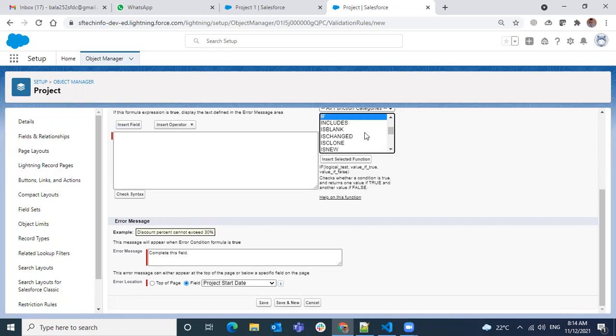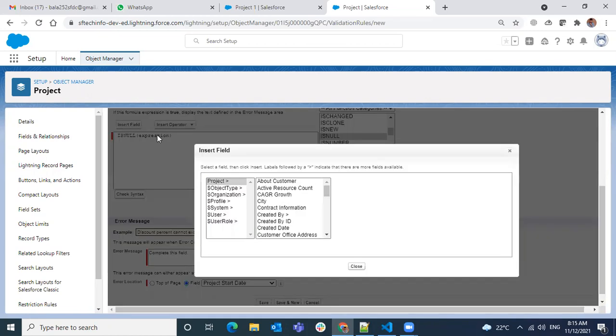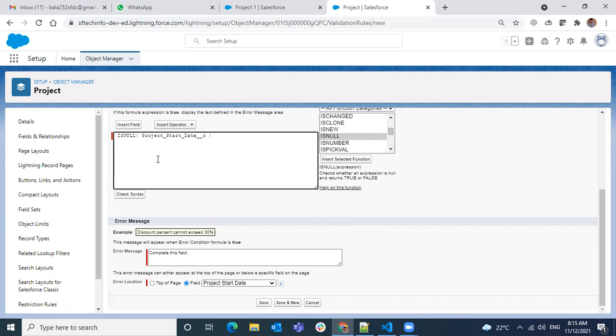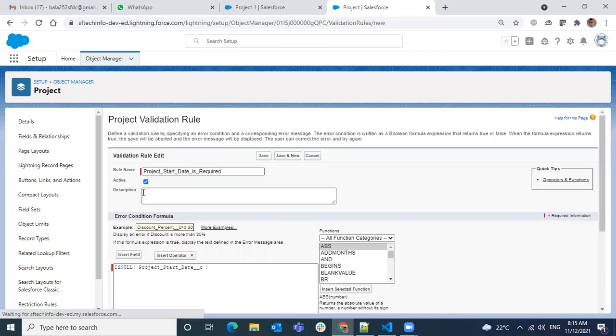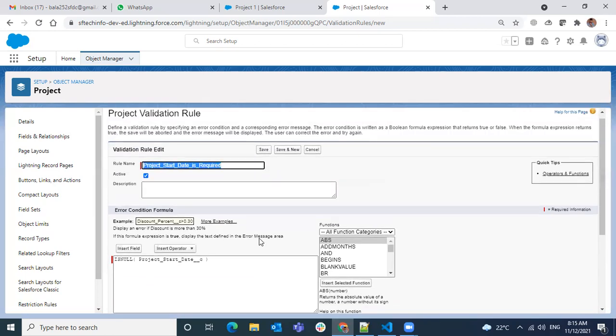Whether it's blank or not a string, it should be null. If the date is null, then we're going to show the message. So project start date is null. Check the syntax. That means if it is a null value, it becomes true, then you're going to show your error message.